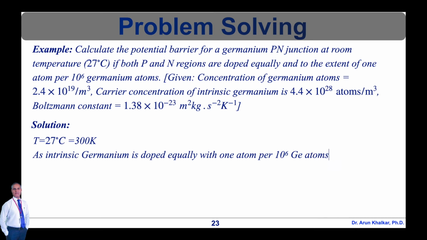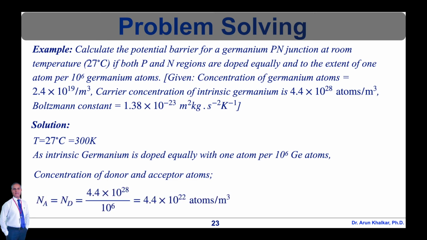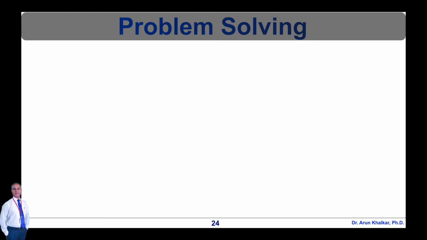Temperature capital T is equal to 27 degrees Celsius. Convert it into degree Kelvin, that is 300 Kelvin. As intrinsic germanium is doped equally with 1 atom per 10 raised to 6 germanium atoms, the concentration of donor and acceptor atoms can be calculated as follows. Na is equal to Nd, that is equal to 4.4 × 10^28 divided by 10^6, that is equal to 4.4 × 10^22 atoms per meter cube. Therefore, we have the equation